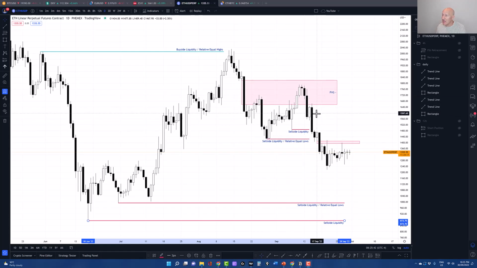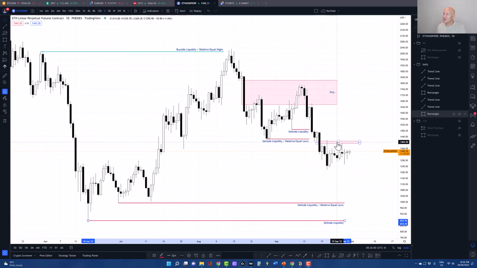Now you can see again we're painting another bearish fair value gap. It's quite a thin one, but there is one there. We have a break in market structure, a displacement, and you can see the market's then traded into it twice. So for me, what I'm looking for is where is price going to go to, where is the next draw